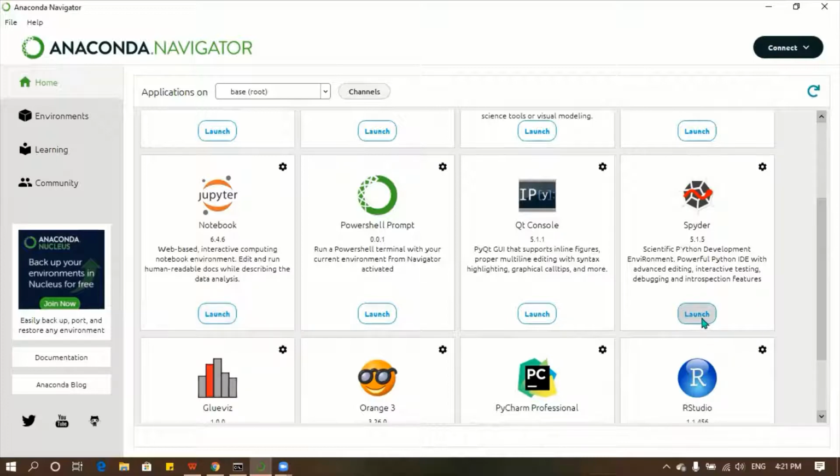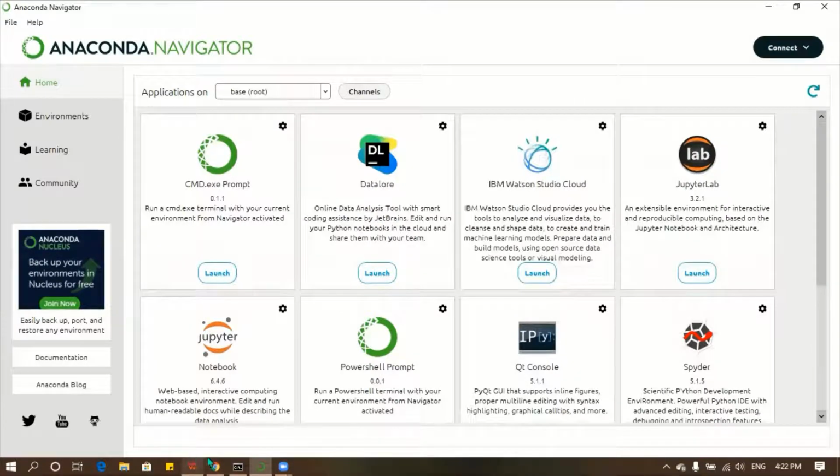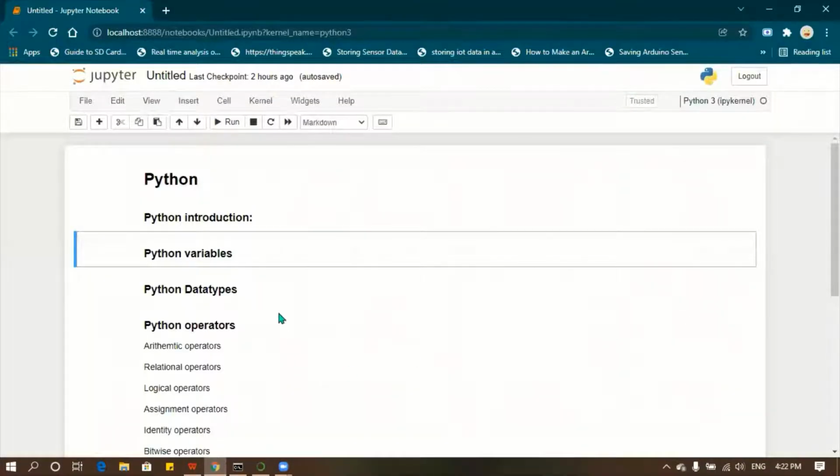And we are having Spyder also here. Here in Spyder, we will be using scripts like Python programming languages. But in Jupyter, it will be like an interactive Python programming language. Okay. So it will open a Jupyter in your browser.